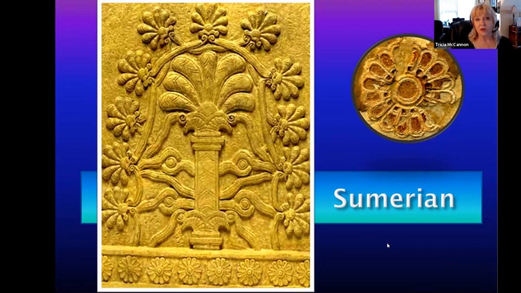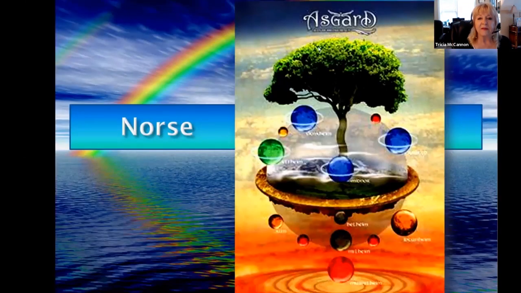Now, this is the Norse version, and this is the tree of life that's called Yggdrasil in the Norse tradition, and it was believed that it connects all the worlds and all the planes together. In Norse mythology or cosmology, as the case may be, it was believed that there were 3 worlds or 3 realms above, 3 below, and 3 in the middle. Earth sits in the middle as a planet or a realm called Midgard or Middle Earth.